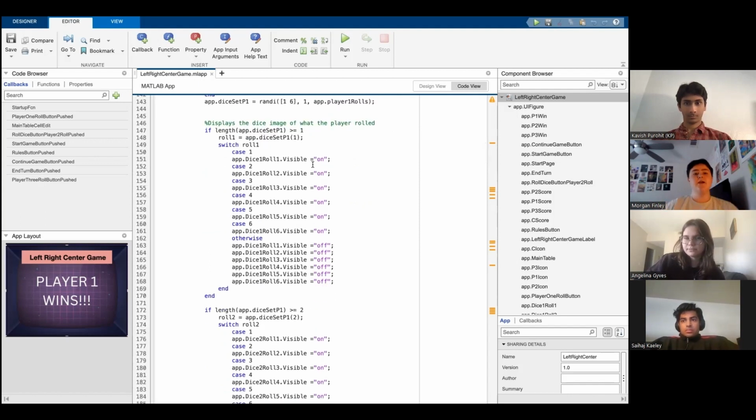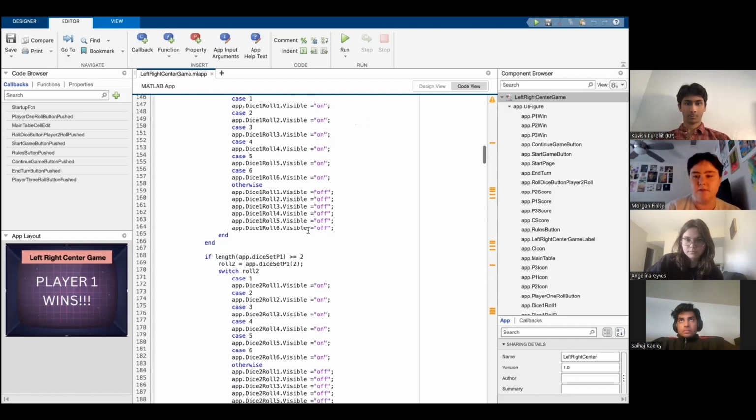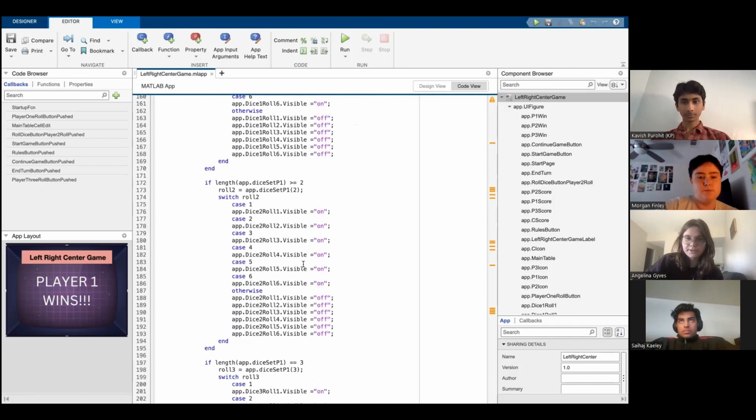So this if nested switch statement goes through each location in the random dice array and toggles the visibility based on what number is in that array position. So if a player has rolled 3 dice and they roll 1, 2, and 3, the first position, the dice roll visibility for number 1 will be turned on. In the second position, number 2 will be turned on, and in the third position, number 3 will be turned on, and all other dice will remain invisible. There's 3 different statements because they go through the amount of dice according to the length of the array of